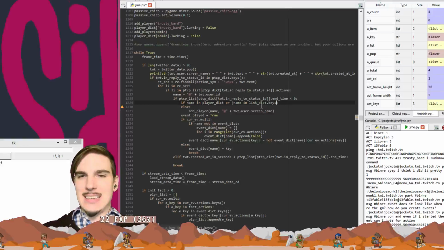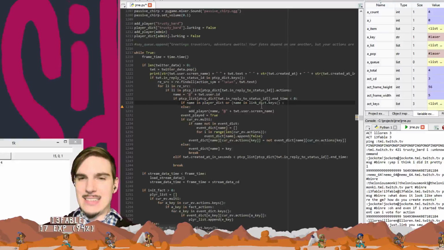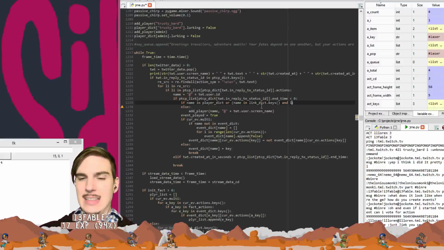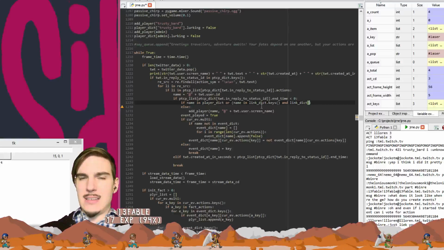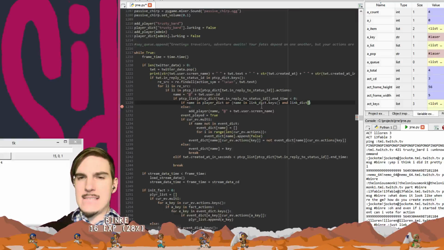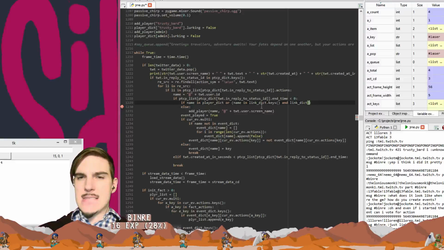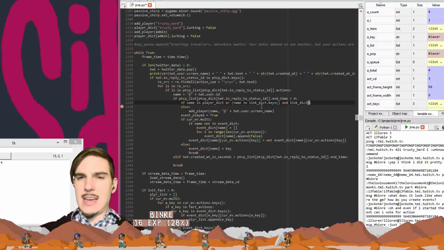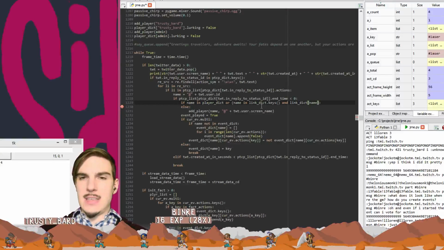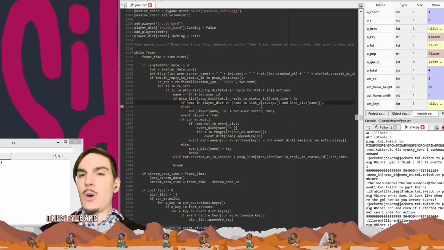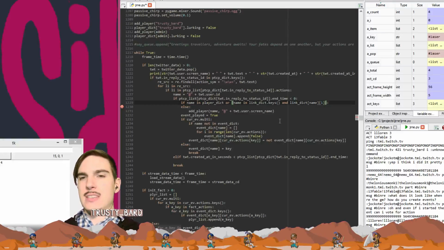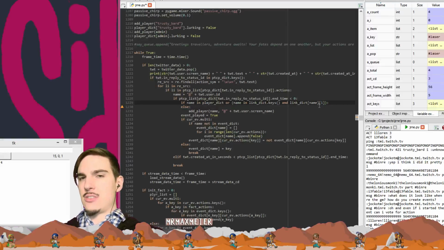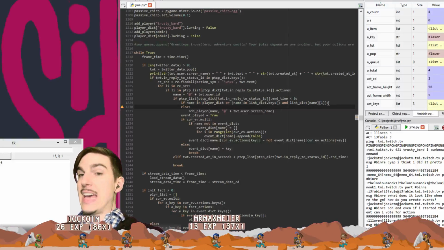Keys and link dict index, name index 1, right, just that, because that's a Boolean statement. So if this is true, then